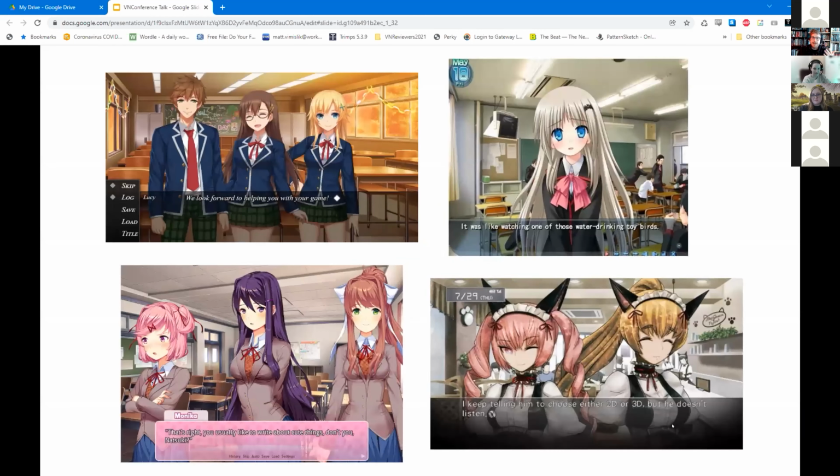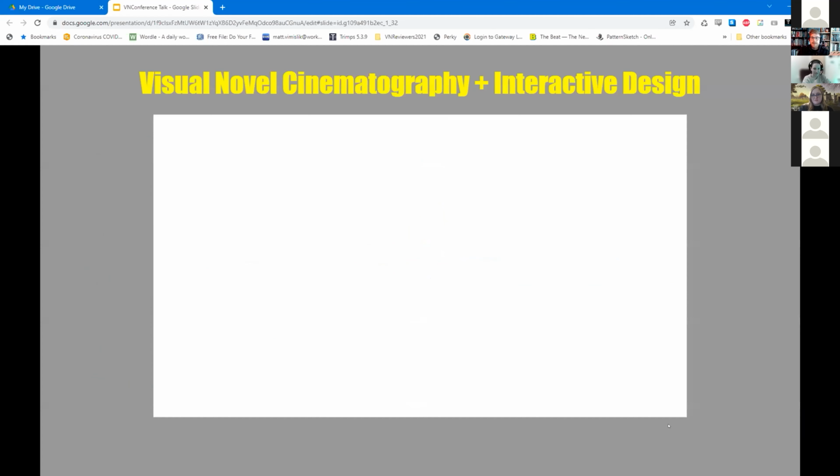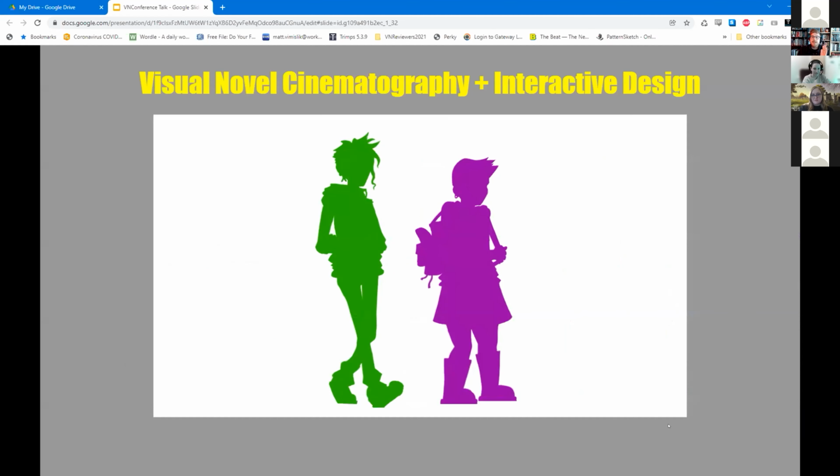Now, these two previous examples used custom CGs or more complicated assets than the standard character sprites and backgrounds. So instead, I want to focus on utilizing cinematic techniques to take assets you may already have in your visual novels and how to arrange, move, and present them to make stories that are told by your visuals as much as or more than your words.